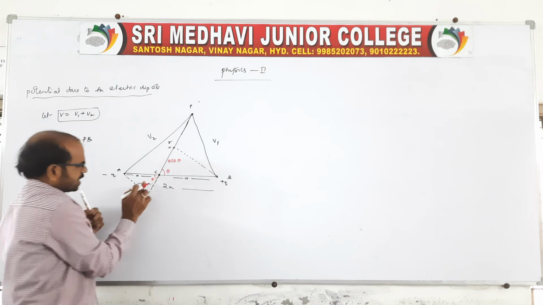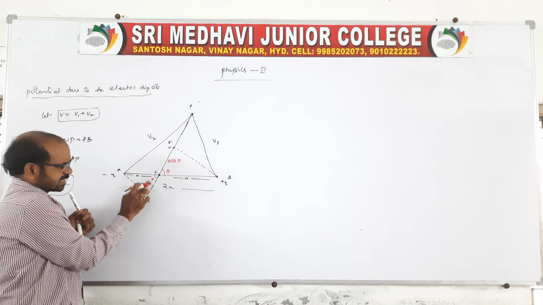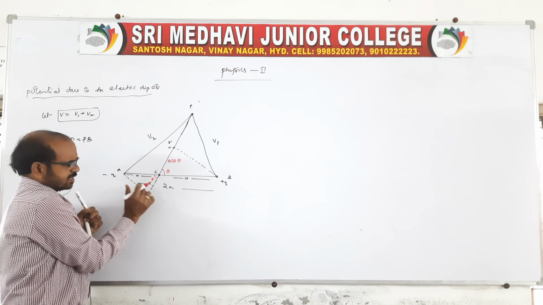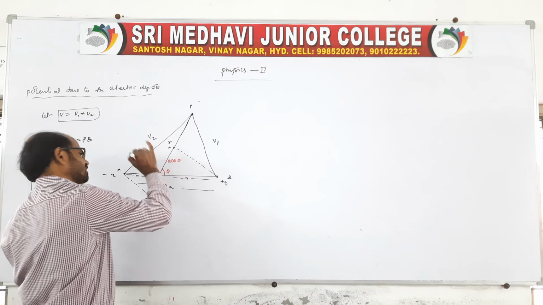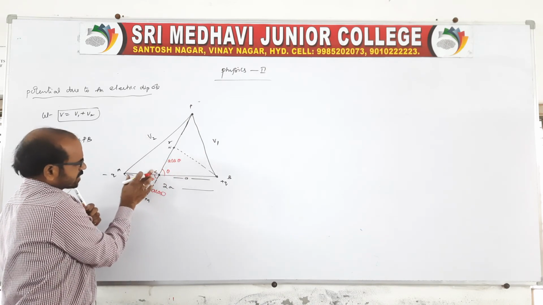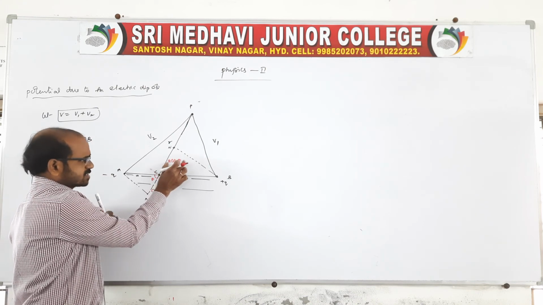Okay, and here again this A is also making an angle theta with this, so here we can say it is A cos theta. Of course there will be another one like this, but that is not required, you leave this A sin theta. Now this is actually A cos theta, right?